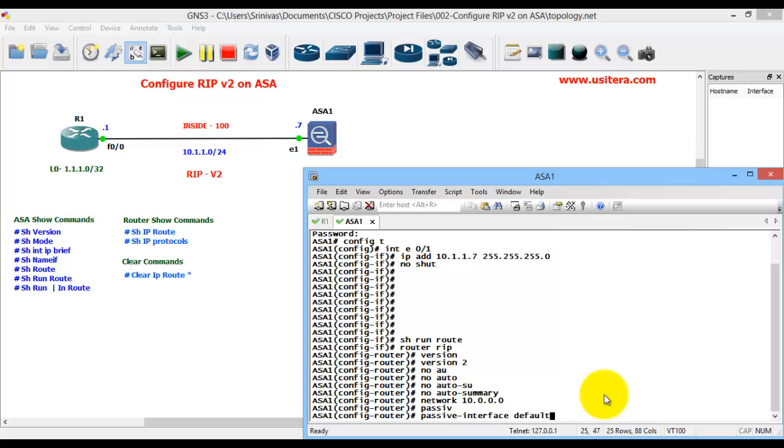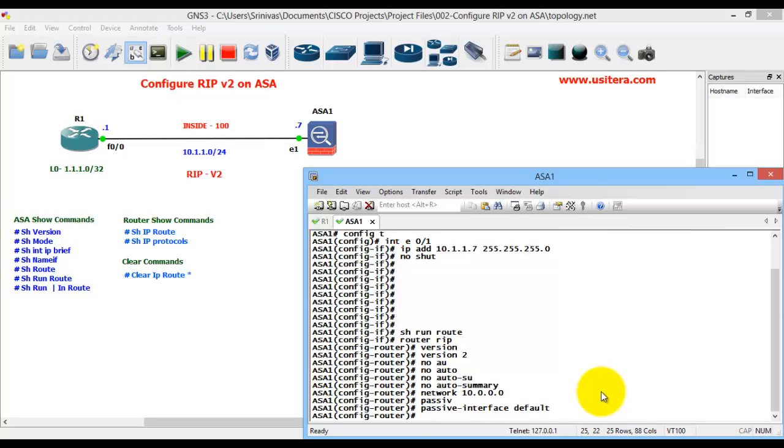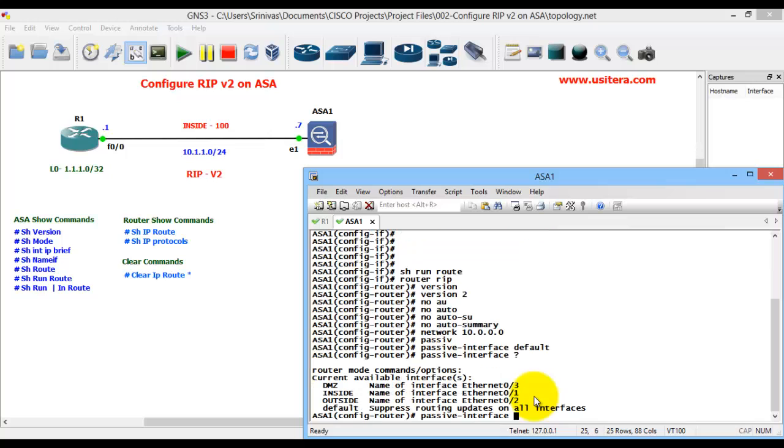What is the use of this command? Suppose my default is inside, which is 100. Suppose we take three or four routers, R2, R3 and R4, where this is the inside, this is the outside, and one is the DMZ. It can be configured automatically. Let me show the passive interface options. There are the options DMZ, inside, outside, and default. Whatever we configure, we can use the default command.